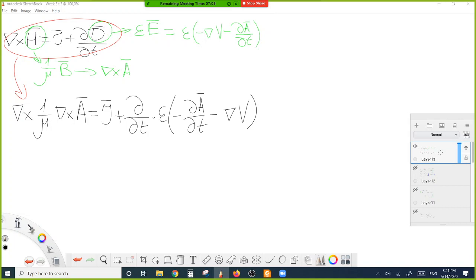Let's rearrange one more time. For example, we multiply by mu both sides of the equation, and what we get is rotor of rotor of A will be equal to